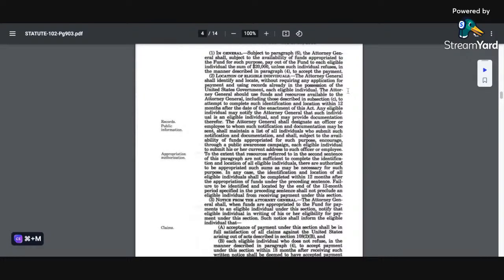The Attorney General should use funds and resources available to the Attorney General, including those described in Section C, to attempt to complete such identification and location within 12 months after the date of this act. Any eligible individual may notify the Attorney General that such individual is an eligible individual,